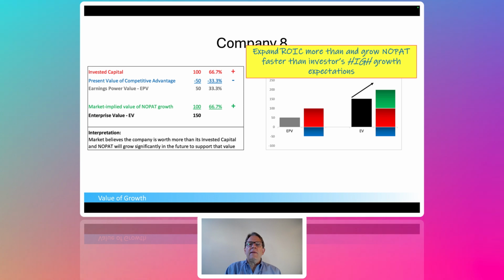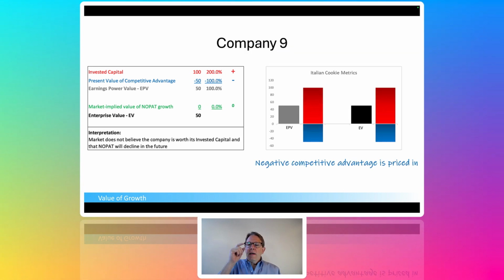Remember, that's what you're paying for. How do you make money in the stock? The key is the company expands its ROIC and grows NOPAT faster than investors' relatively high expectations. This is a case where investor expectations are pretty high because not only do you have the return on capital going back to the cost of capital, that's kind of reasonable in a lot of cases, but what's priced in is that investors believe return on capital will go to the point where it's in excess of the cost of capital. That's what's priced in. How do you make money? They have to do better than that. They have to beat investor expectations. All right, company 9,